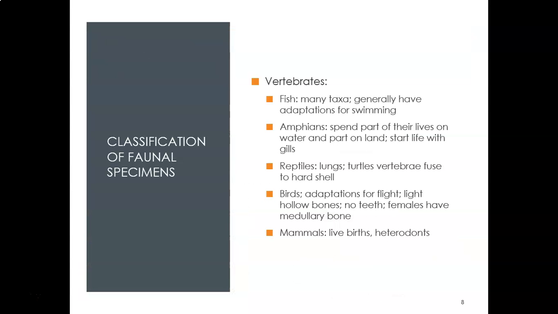In terms of vertebrates, of course, we have the major groupings here: fish, amphibians, reptiles, birds, and mammals. I mentioned again in the week 8 materials that there does tend to be almost a bias towards mammals and vertebrates in general, just because they are larger bones. Because of mammal bones and their bone structure, they tend to preserve a bit better. As you might be able to imagine that